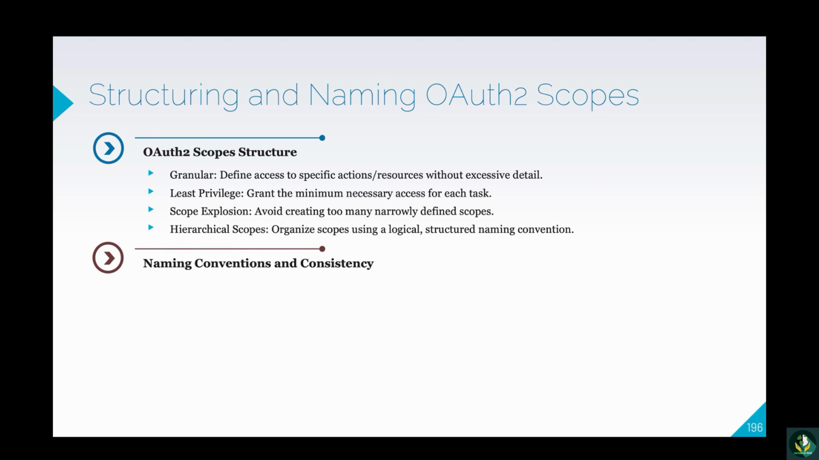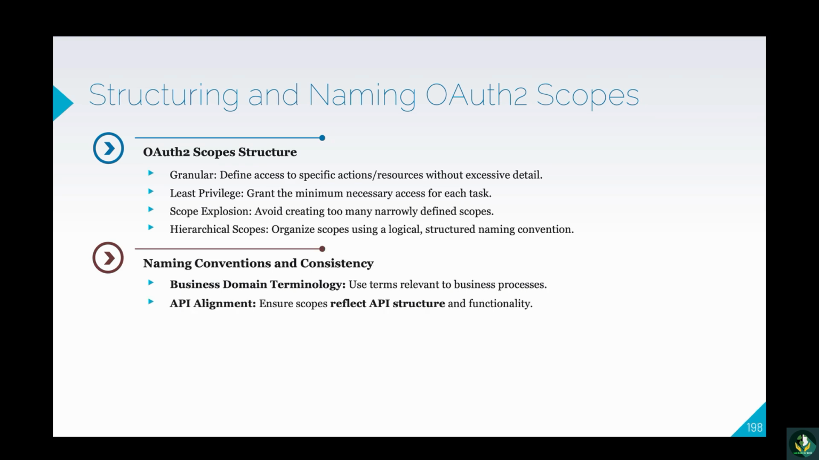Naming conventions and consistency. Business domain terminology: ensure that the names of your scopes align with the business terminology. This makes it easier for both developers and stakeholders to understand what each scope does and how it relates to business operations. API alignment: scopes should be directly aligned with your API structure. Each scope should correspond to specific API operations, like reading or writing data, ensuring that the scopes reflect what the